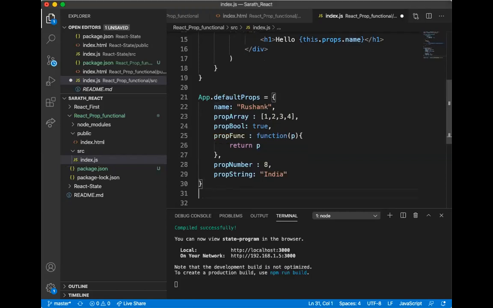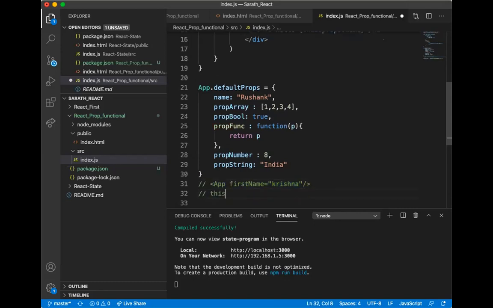From external, I am going to use the same component, whatever I have used here, slash app, and here I am going to use app with some kind of first name, and I am going to pass something like Krishna. Likewise, we can pass the props, and in the calling component, we are going to get this one like this. If I tell it now, I think it is very early, so we'll see that later. Okay, that is component communication with props, and also reusing the same component. We will see that one in a later subject.